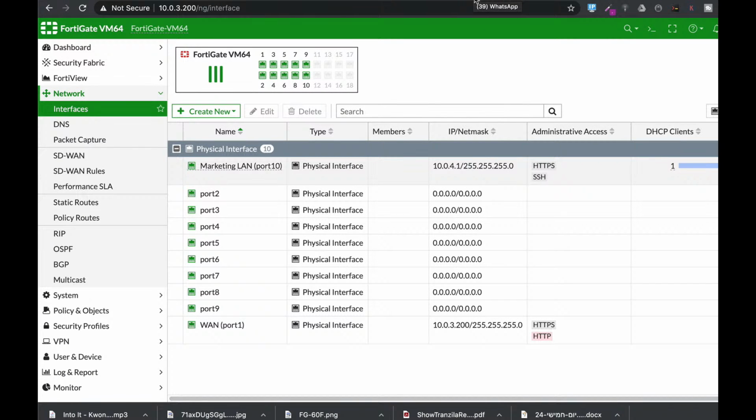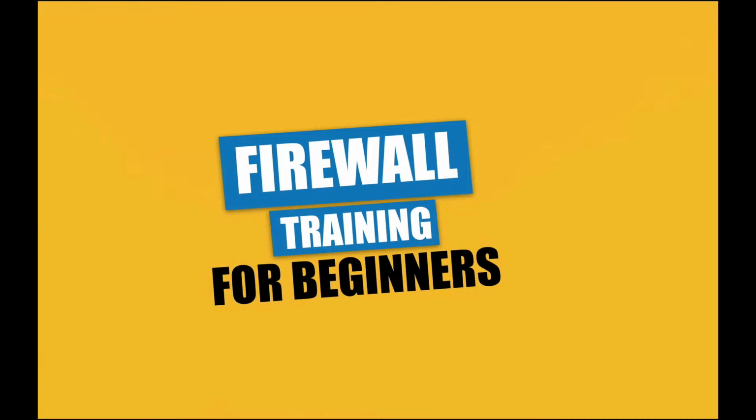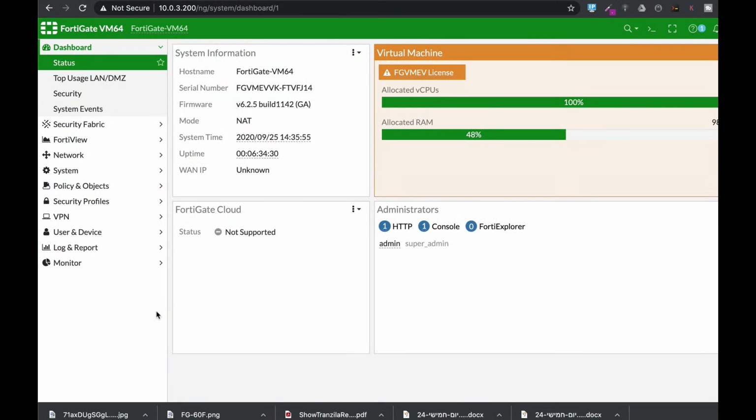Auditing your firewall is a major task that you need to do from time to time. Now, there are companies that release tools that will allow you to audit your firewall, but here are 10 best practices that you can start with. The following best practices are not in a specific order, so just use them as you wish. Another thing, I'm showing it on a FortiGate firewall, but you can also do it on a Checkpoint firewall,